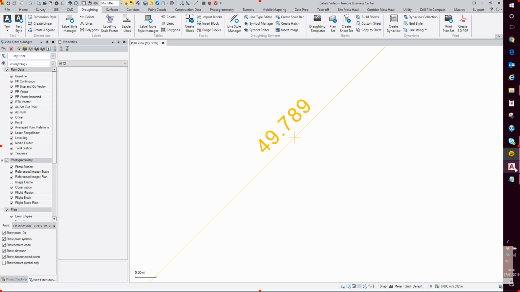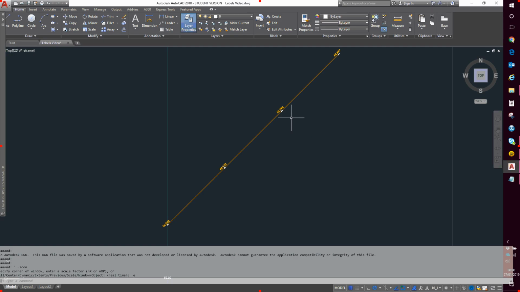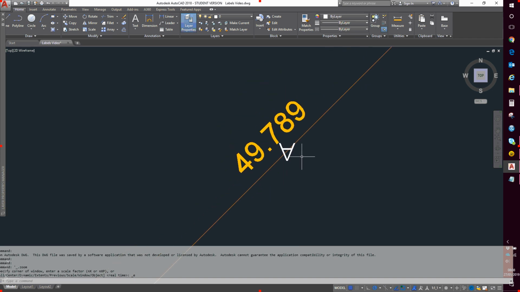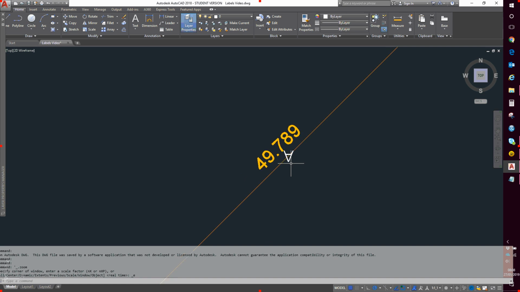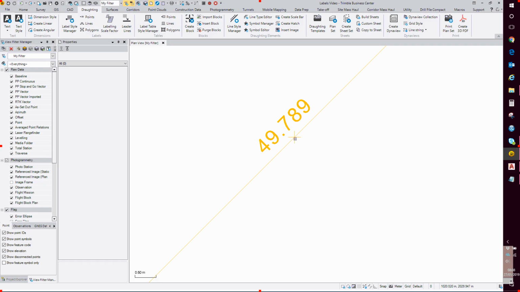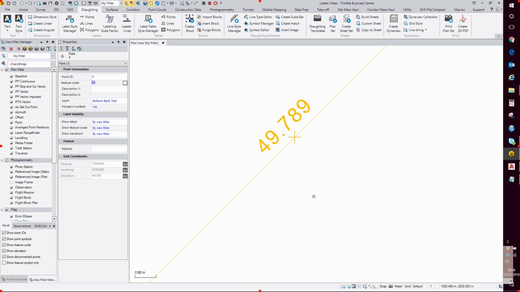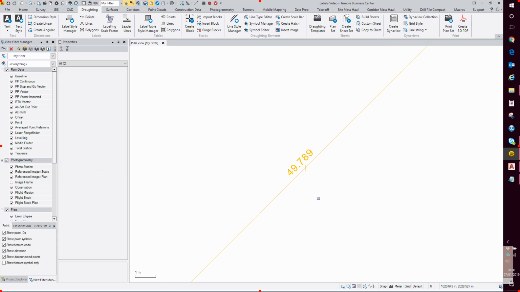But if it isn't there, when you export a drawing like this to, for example, DWG format, and you open it in AutoCAD, because the font isn't there, the plus symbol is substituted for another one, which in this case looks a bit like an upside down A. So in Trimble Business Centre, I only ever use the symbol marker method for placing these markers on